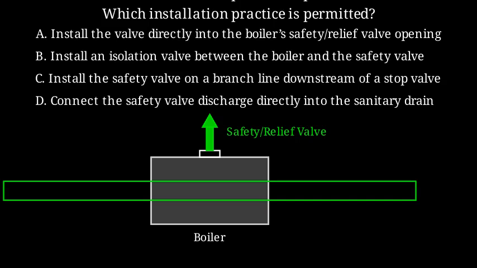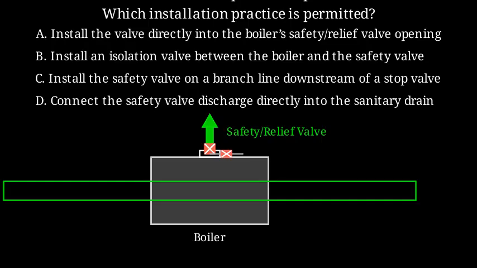Choice B says to install an isolation valve between the boiler and the safety valve. That is not allowed. A valve cannot be located on either side of the safety or relief valve connection. Choice C places the safety valve on a branch line downstream of a stop valve. That also violates the rule because the safety valve must be directly connected at the opening, not downstream of a